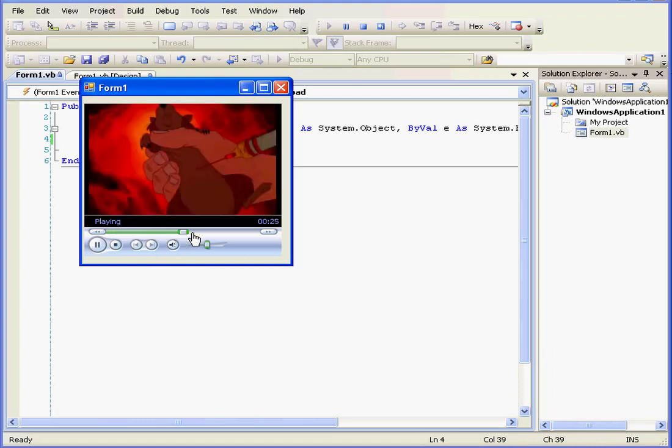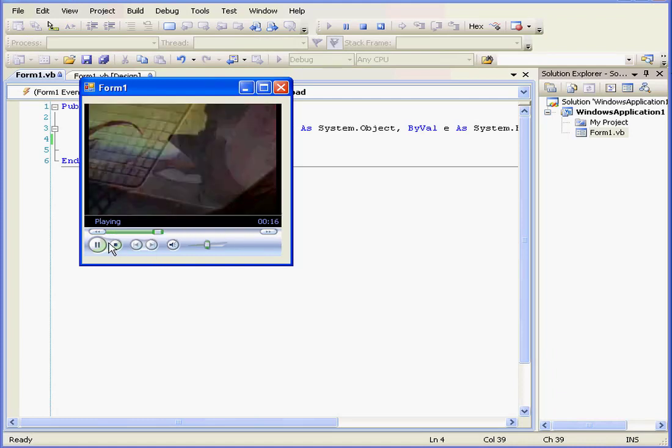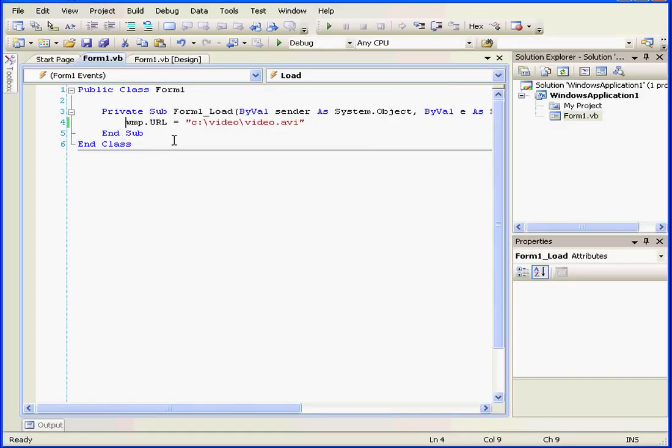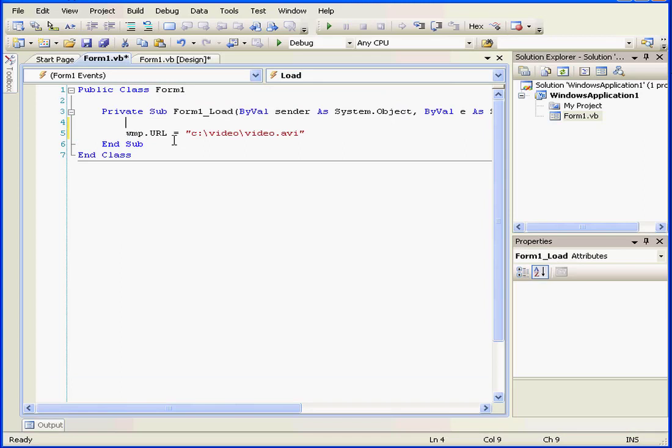And we've got video and audio. Okay, let's stop our program. Of course, we can explore a full range of Windows Media Player abilities. For example,